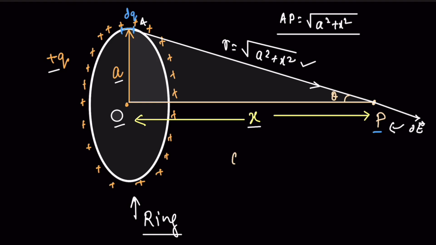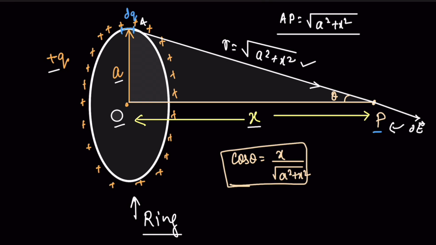So what is the value of cos theta? Cos theta is equal to x by root of a square plus x square. Now we have to find the value of the electric field. This is a small component of it. If we make the components of this dE, we can stretch it here. This is our theta, so we can write dE cos theta along the axis,